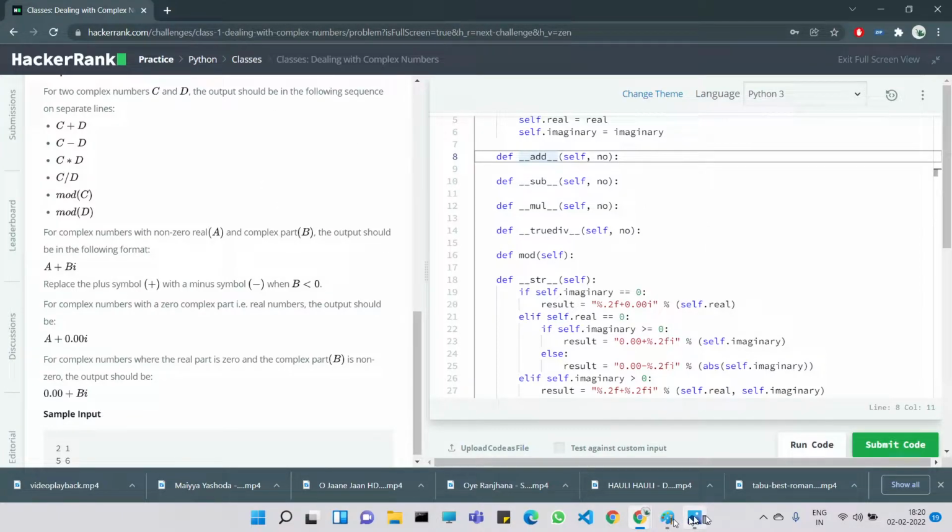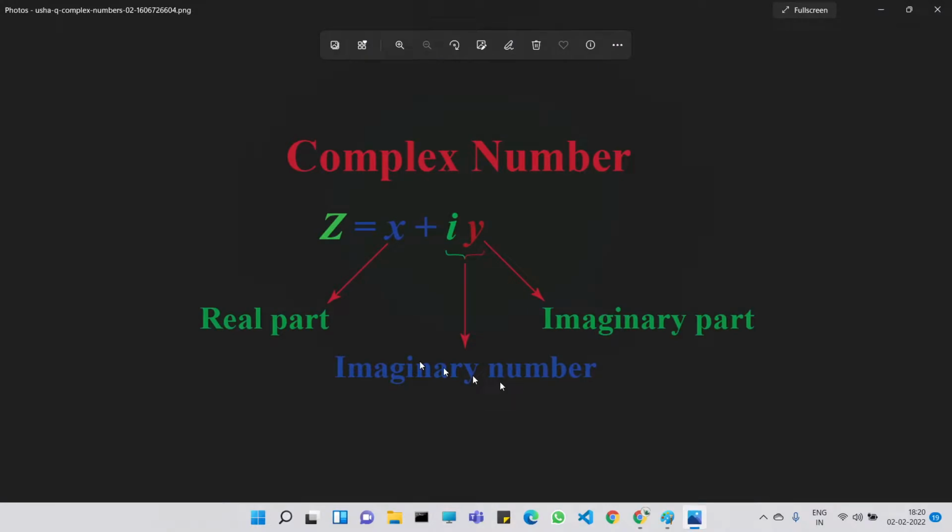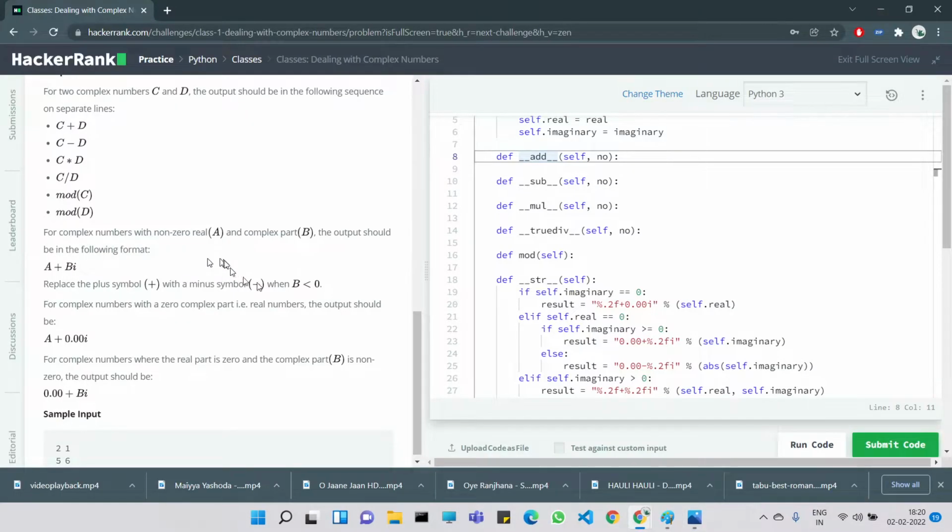First I'll show you how a complex number looks. This is a photo that I got from the QMap website. I will add the link in the description so that you can learn more about complex numbers. It is defined by z equal to x plus iy, where x is the real part, y is the imaginary part, and iy is the imaginary number. As we see over here,